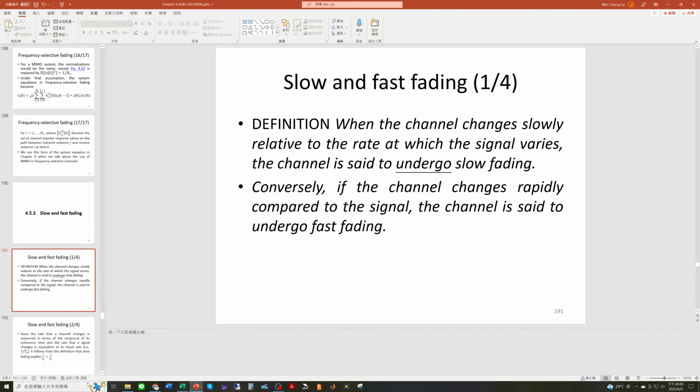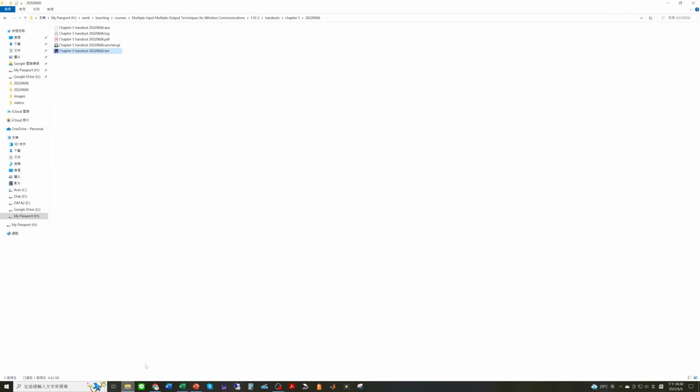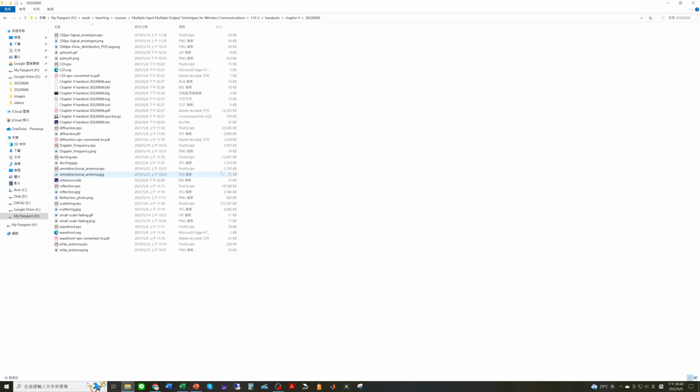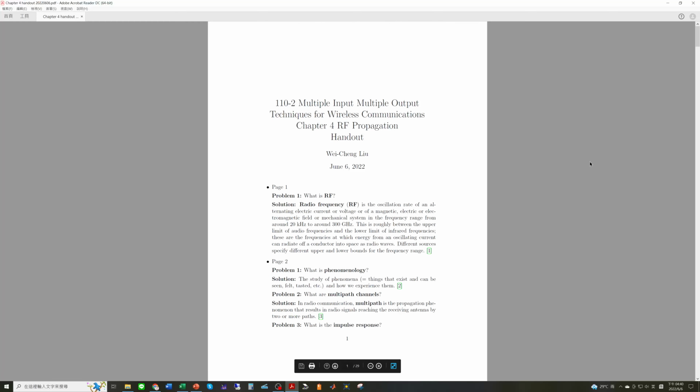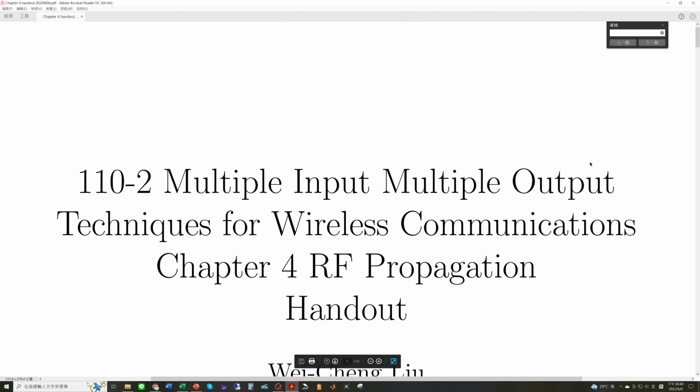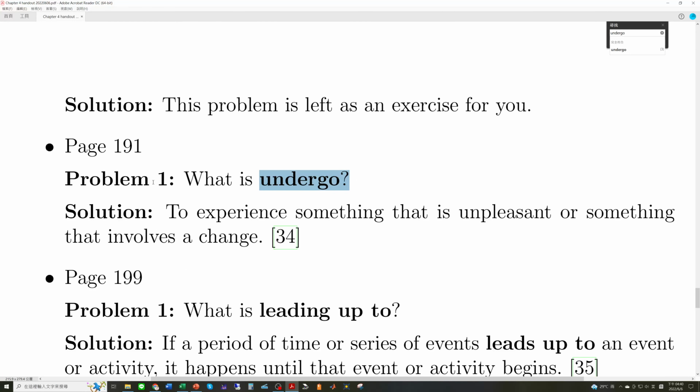Let us see the handout. Please open the handout of chapter 4, and please search for the word undergo. Here, on page 191, problem 1, what is undergo? Solution: to experience